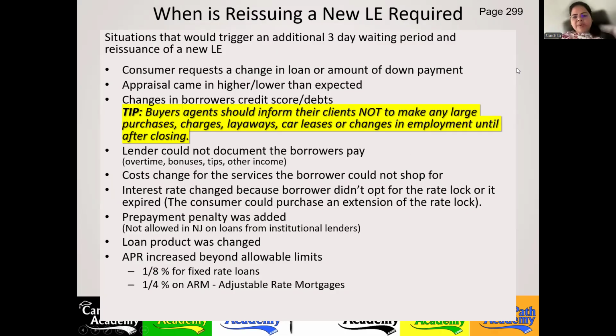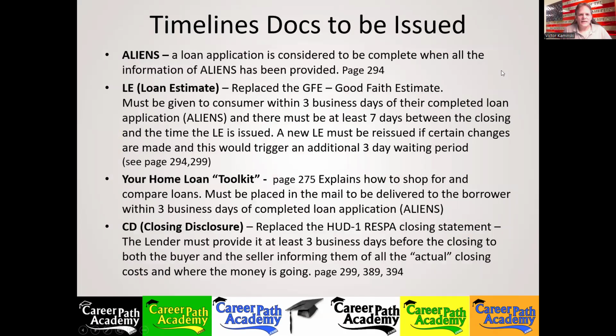What do you mean by layaways? Purchases, charges, layaways. Yeah, a layaway. When you buy something on layaway, it's like you put a down payment on it for them to hold it for you, and you're going to come back and buy it. It's still on your credit as a hold. It shows on your credit report still. When you lay away furniture, it's often something you do with furniture. You could purchase furniture on layaway. It's like a hold. You're asking them to hold it for you. You put a little money down and you ask them to hold it for you. Okay, so